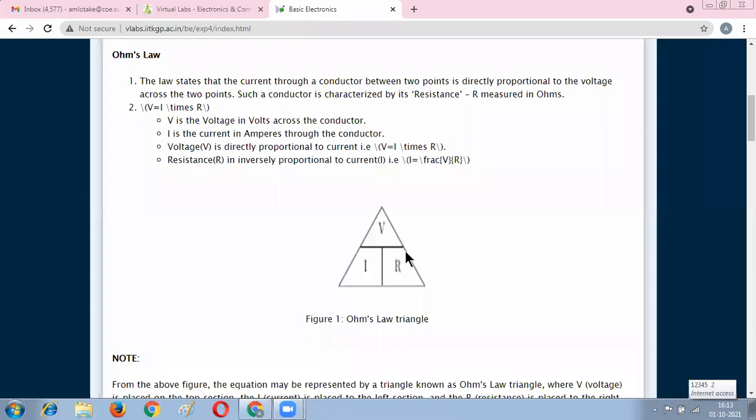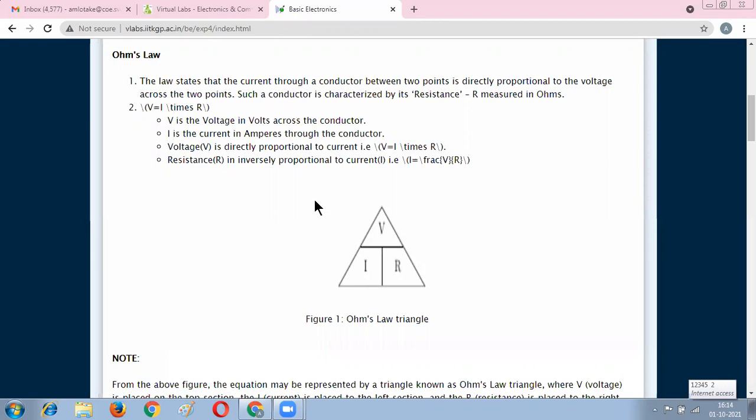Okay, if the voltage as well as the resistance is given, then you can find out the current value. Voltage आणि resistance ची व्हॅल्यू माहित असेल तर तुम्ही करंटची व्हॅल्यू फाइंड आउट करू शकता. जर व्होल्टेज आणि करंटची व्हॅल्यू माहित असेल तर तुम्ही रेझिस्टन्सची व्हॅल्यू फाइंड आउट करू शकता. आणि जर आय आणि आर माहित असेल तर तुम्ही व्होल्टेज फाइंड आउट करू शकता. So this is the triangle which consists of the three elements, that is voltage, current and resistance. So what is Ohm's law?